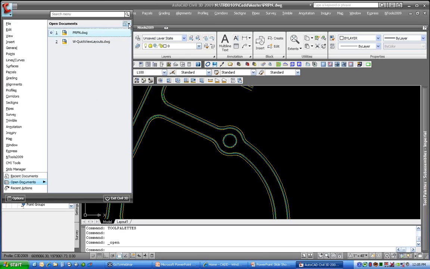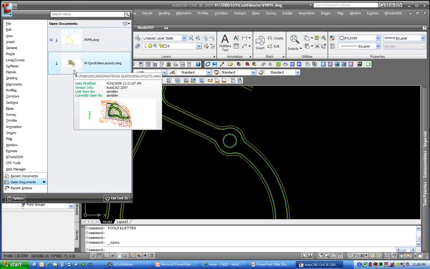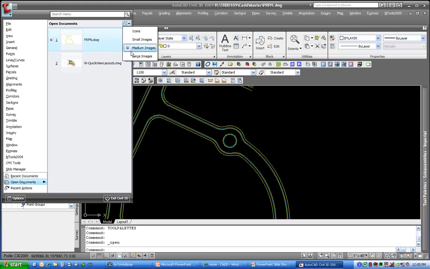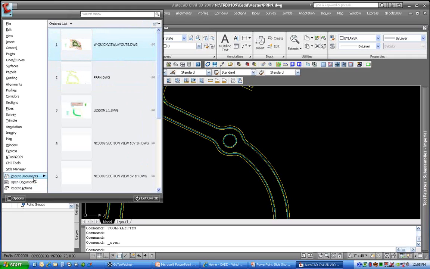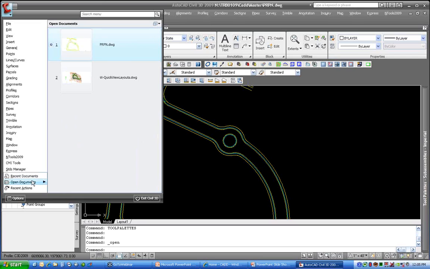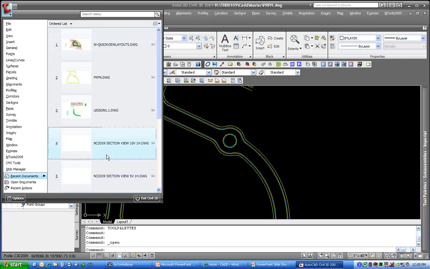I can click on this item up here and I can change to actually show the thumbnail as an icon. And I can also go to a larger one. And this is applied to both my open and my recent. So if I go over to recent documents here, you see I now get the large. And then I go to open, and I get the large thumbnails as well. Okay, that takes up a bit of room on my screen, so I'm going to change that back to medium